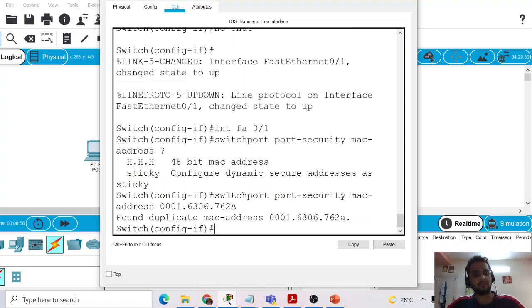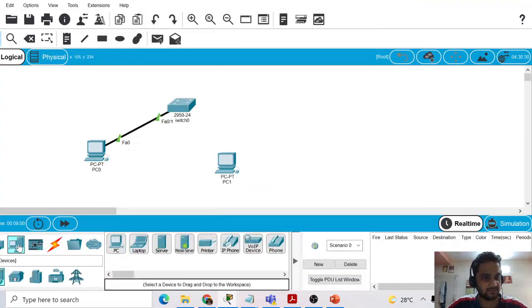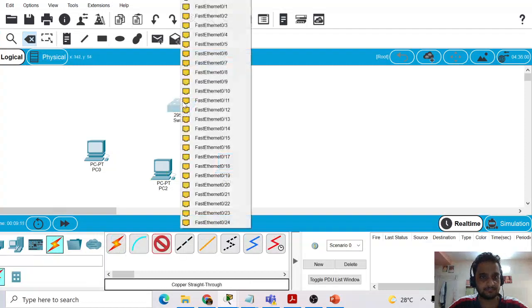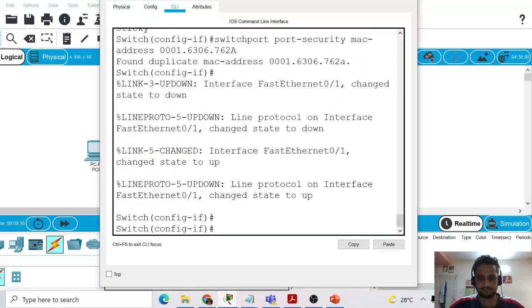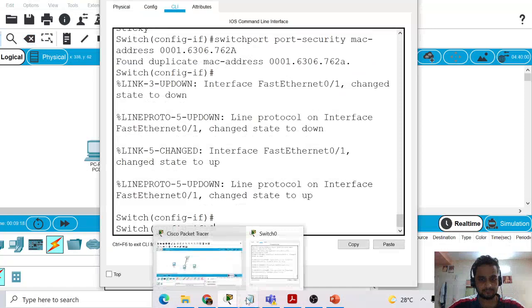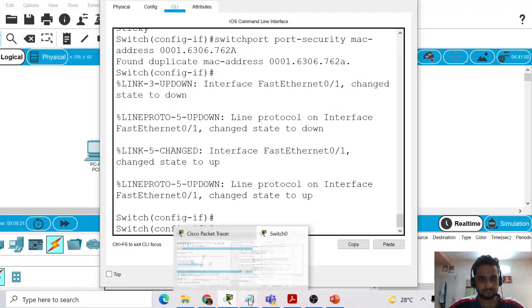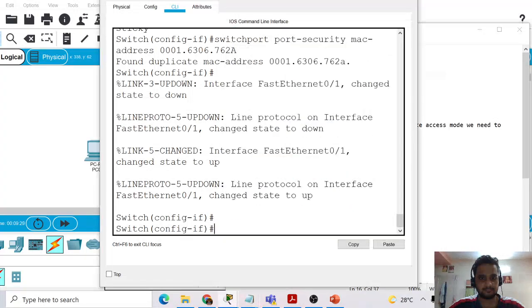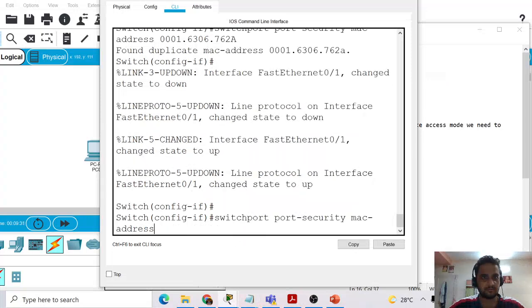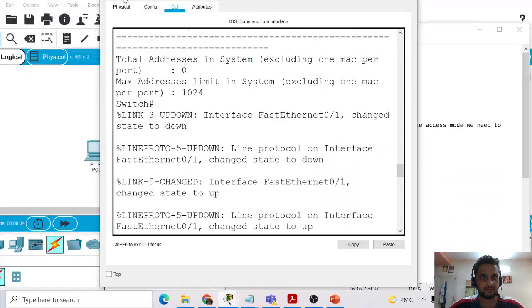Actually, since it's a duplicate already there, I need to assign one more computer here. So you can give the MAC address like this, on the port.